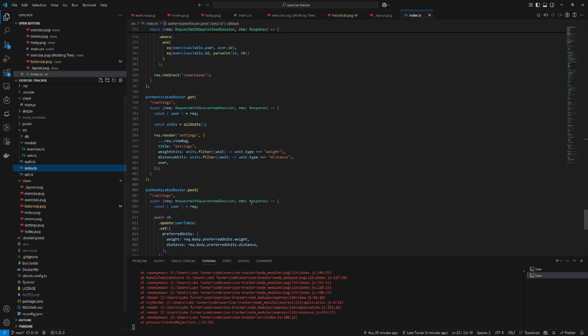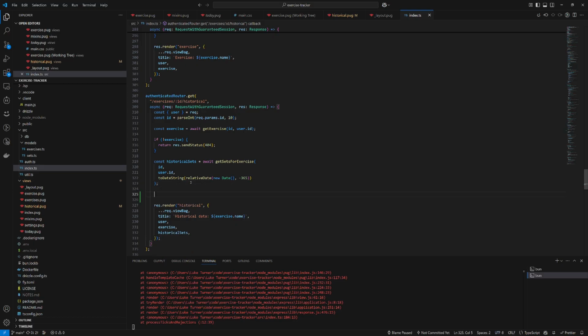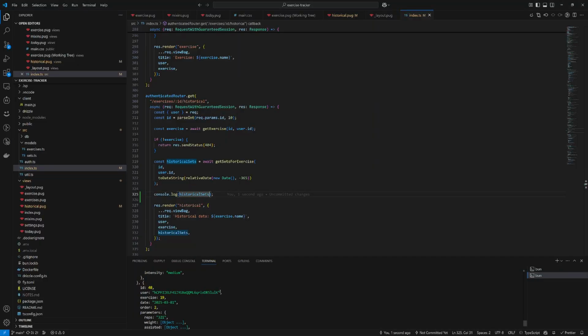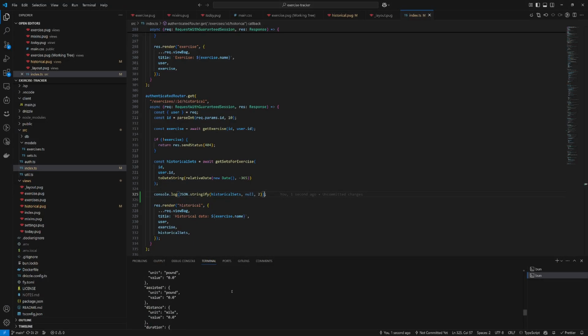Well, let's actually just log that out. I kind of want to see what that old piece of data is. So for exercises, ID historical, console.log, historical sets. Refresh. And of course, it's not actually showing me that. What it is, it's just showing me an object. So I'm going to need to JSON stringify it. There are other ways to get around that, but this way you can just see the full structure. And if we look for the ones where it's the very first, it should be on the 15th. And here, so this is kind of a good example where we have values